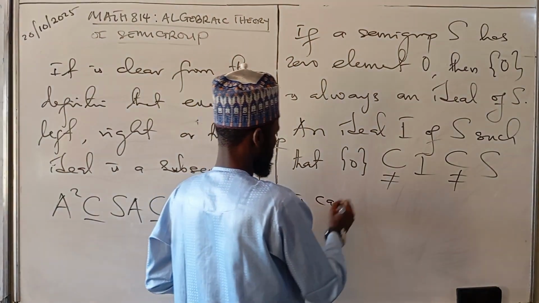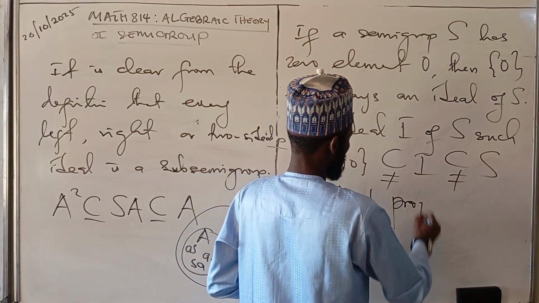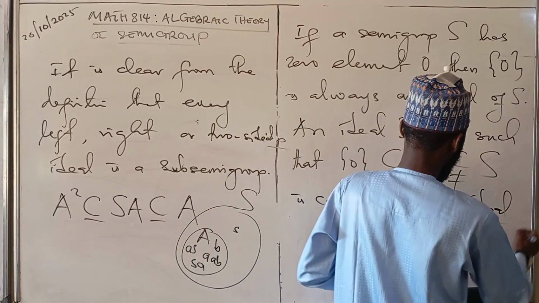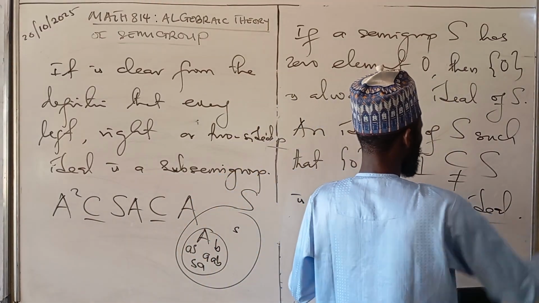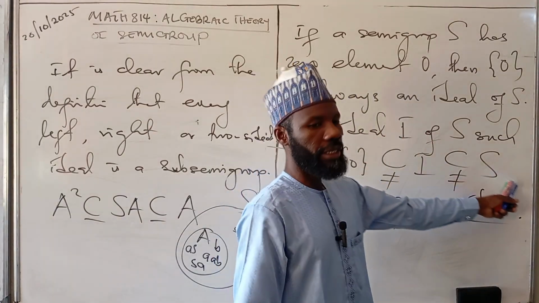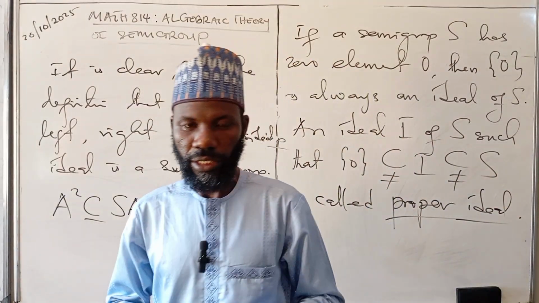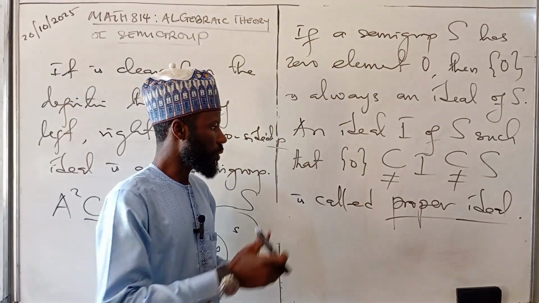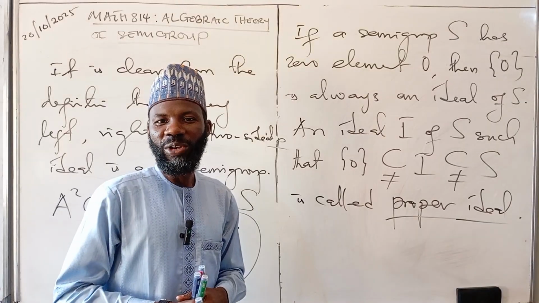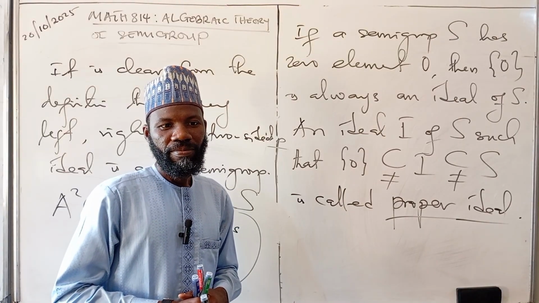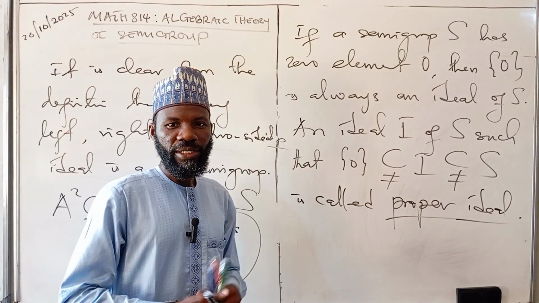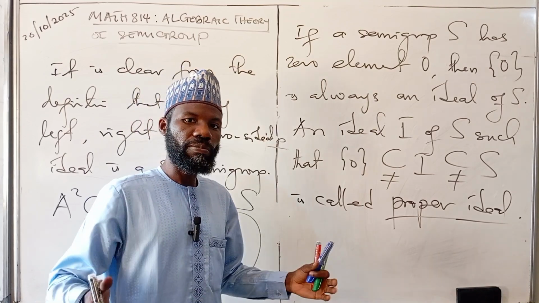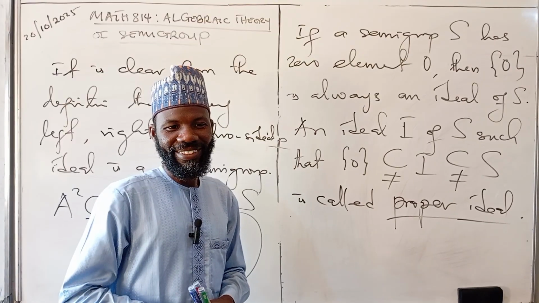Otherwise, it is improper. It means S and the 0 are the improper ideals. Are you following? Proper ideal, like proper normal subgroup. So you can guess now, what should be called a simple group? If it has no proper normal subgroup. So what should be a simple semigroup? If it has no proper